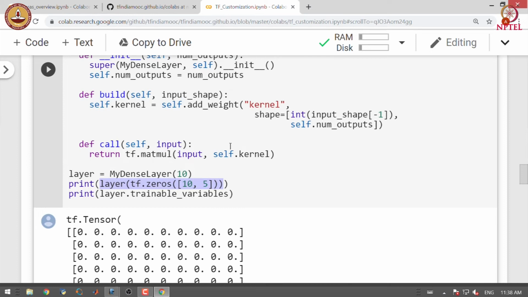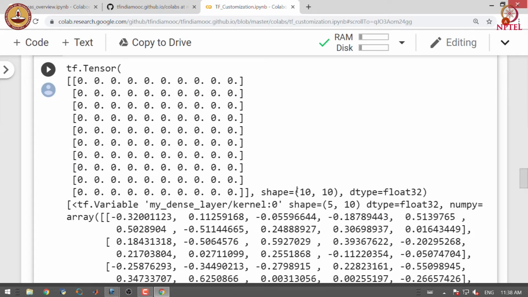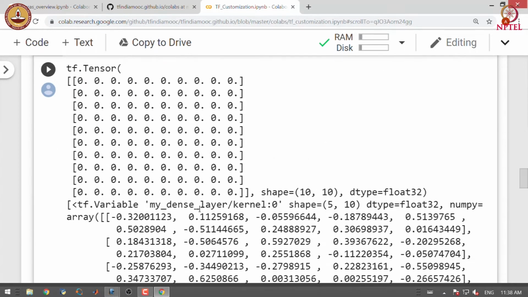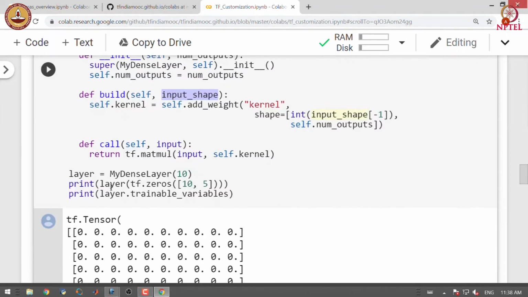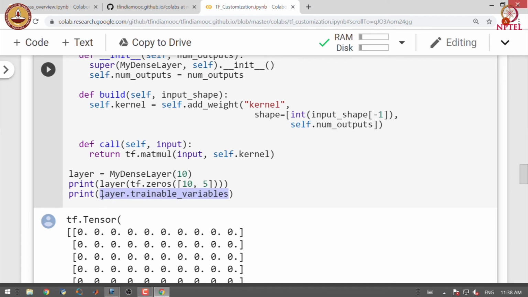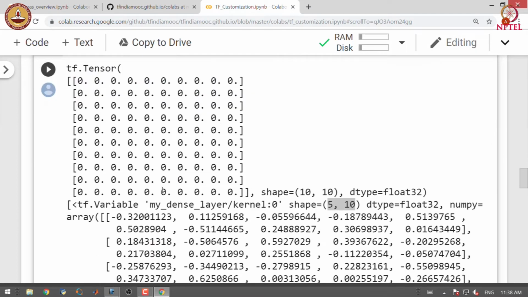You can see that the layer was called with input shape of 10 cross 5, and you can see that you have a variable tensor which is a 5 cross 10 tensor, as we can obtain by calling the trainable_variables accessor on the layer.